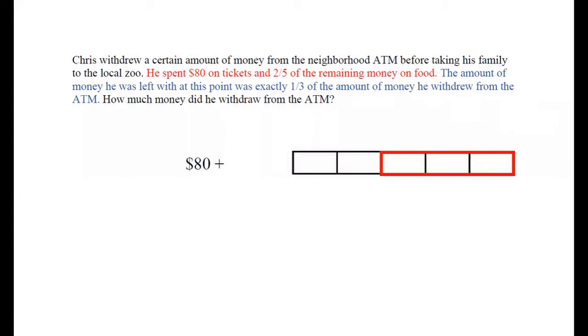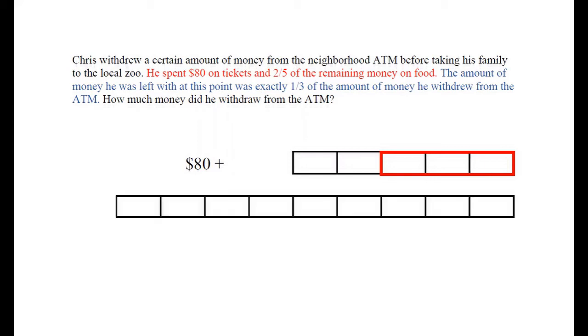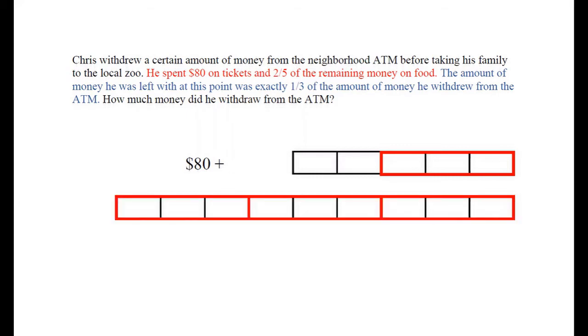So this is the key portion, okay? From the leftover, he used 2/5, and what was left was 1/3 of the entire amount he withdrew. Now, I just constructed 9 boxes, and the 9 boxes must represent his entire amount. And do take a look. If you construct your 9 boxes,